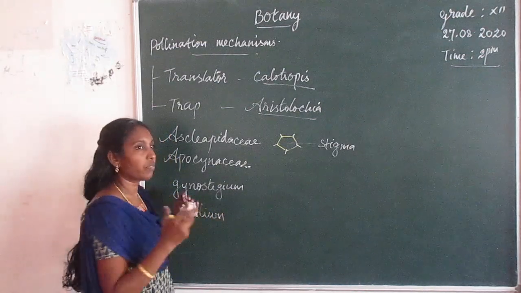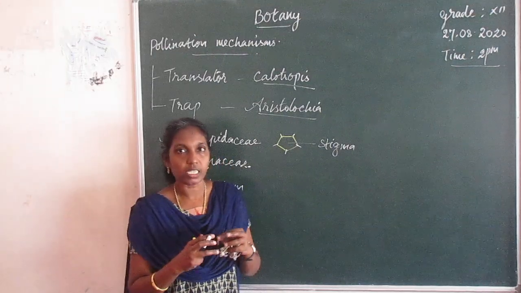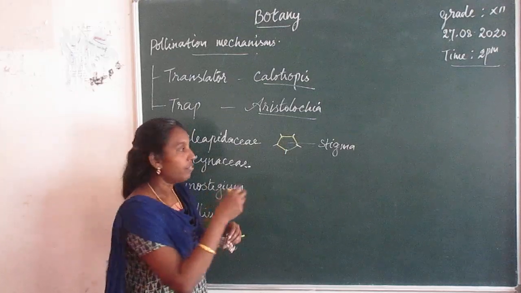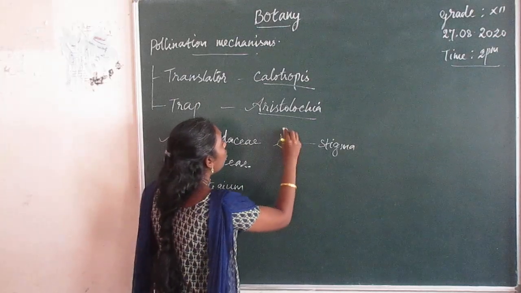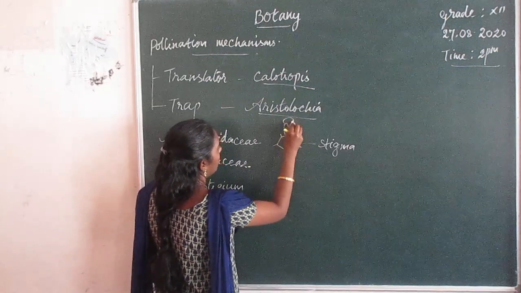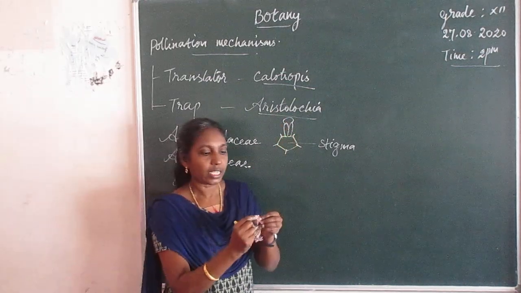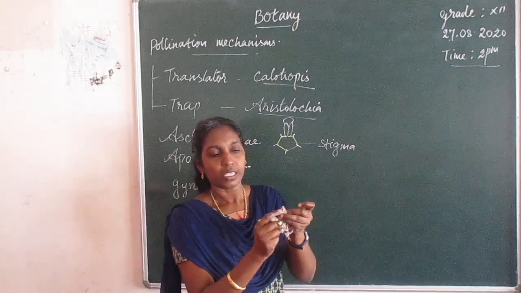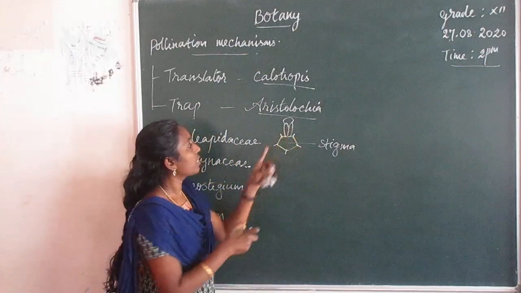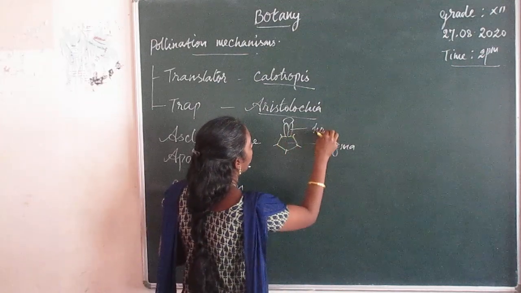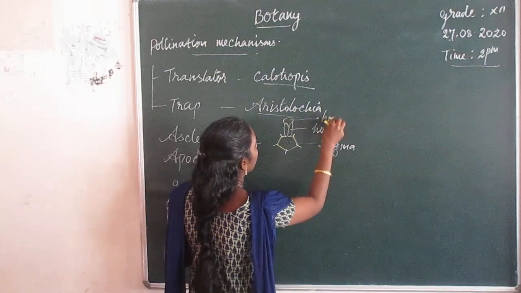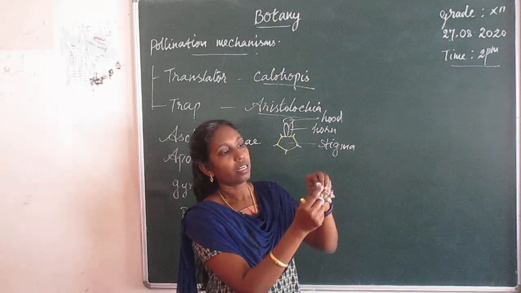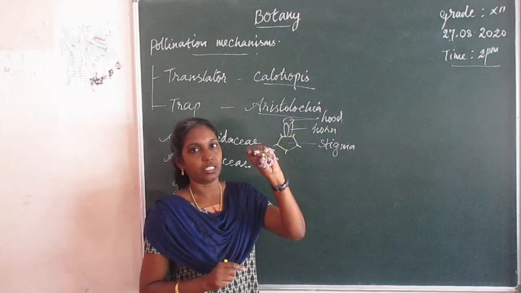Pollinium is a mass of pollen grains, produced in mass and forming a bag-like structure. At the back of this, there is a hood-like structure. It is noticed here, the hood-like structure is present, and it forms a horn-shaped nectar. This is the hood, and this is the horn-shaped nectar produced.